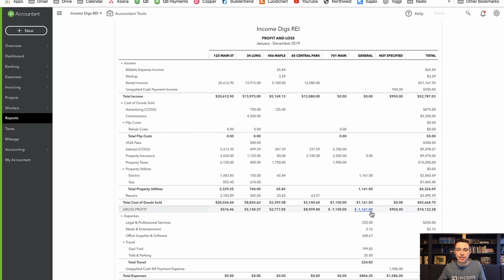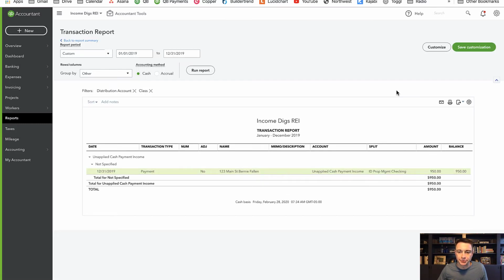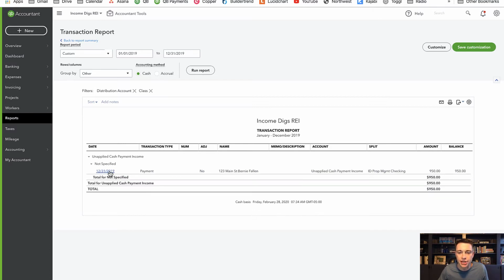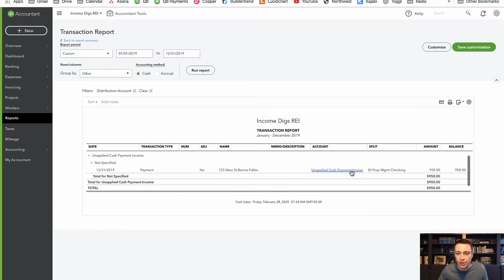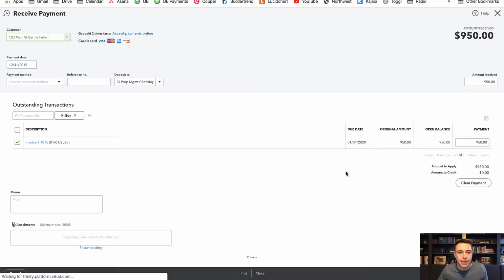Like, what is this? For one, it's not assigned to a property, and there's really nothing I know about it, okay? But if I drill down, let's investigate what is going on here. I can drill down and I see that there's a payment on 12/31/2019 for $950. Well, what is that a payment for? And if I drill into this further, I see that I have an